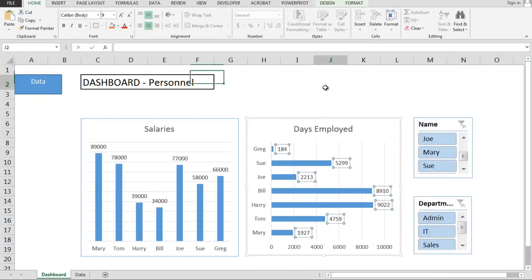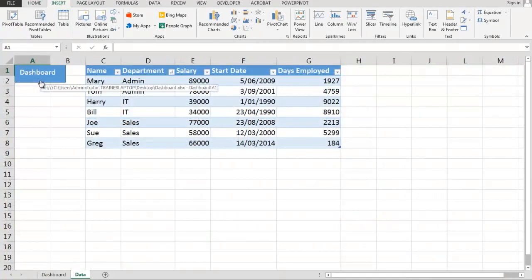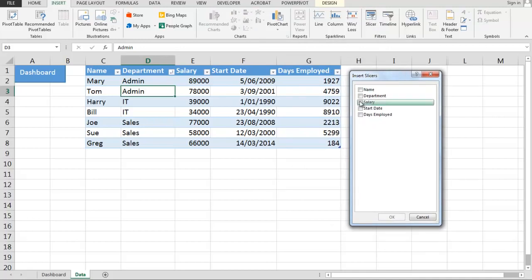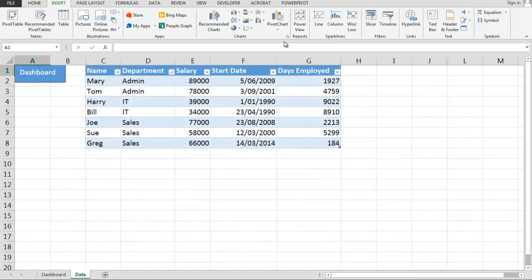Now the next step was to create these slicers here, and all I did was go into the insert command in the data tab and make sure that I clicked in the data within the table, and then what I was able to do in the insert tab was to click slicer, and when I click slicer I simply put a tick in name and click OK. That gave me back on the dashboard here